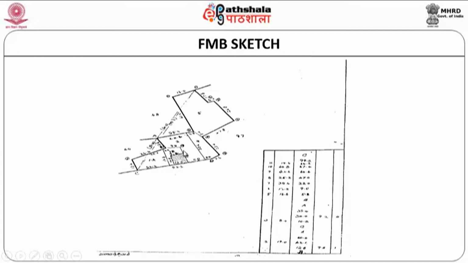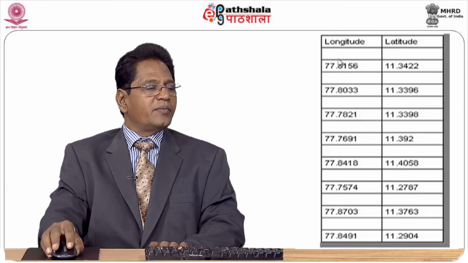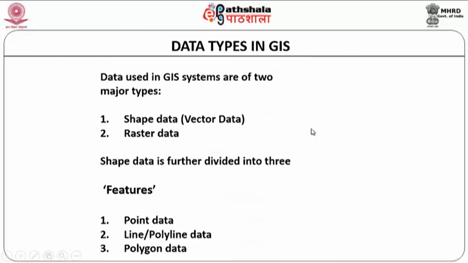The LiDAR data is on the right side, and this is the data which we can bring into a GIS environment. As I was telling you, the last one is your observed points, points obtained from the field using a handheld GPS or any kind of GPS, and you get the XY location. It could be latitude, longitude, or easting and northing, whatever it is, and the data is provided here. Once I have these observed points, which may be in an Excel sheet or any spreadsheet, that data also can be brought into a GIS environment as point data by simple means. So this is about inputting the data in a GIS environment.